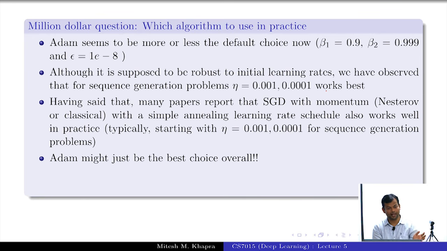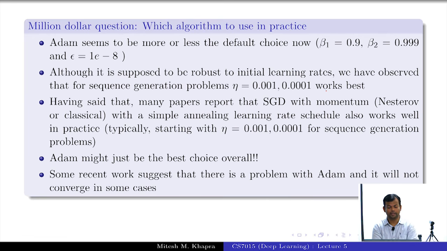But if you're just a practitioner who doesn't really want to bother too much about setting the learning rate, setting the momentum, setting the schedule for both of them. Remember, for momentum also we had a schedule and it was just given by one of these papers, right? And it might differ for your application. You might want to tweak that a bit. So if you're not really bothered about doing all these things, then ADAM would just be overall the best choice, right? With very minimal tampering of the initial learning rate.